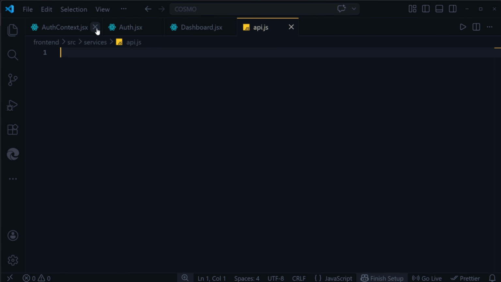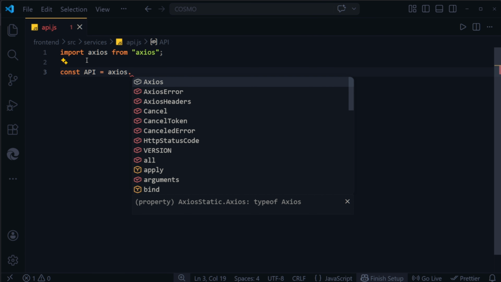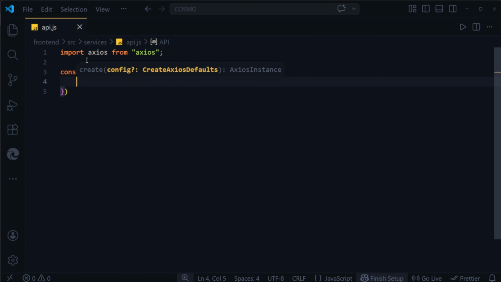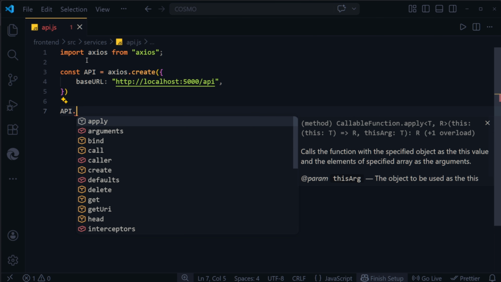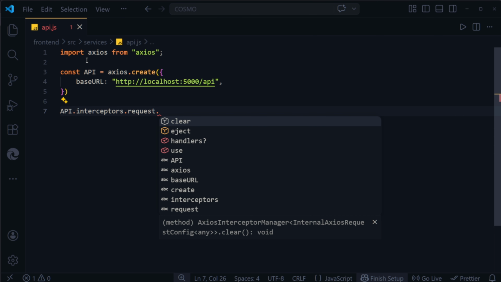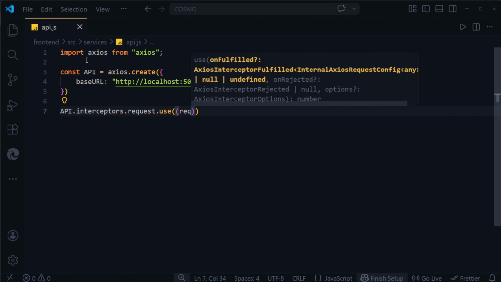Close all open files, leaving only api.js open. Begin by importing axios at the top. Then write const api = axios.create({ baseURL: "http://localhost:5000/api" }). Below that, add api.interceptors.request.use((config)